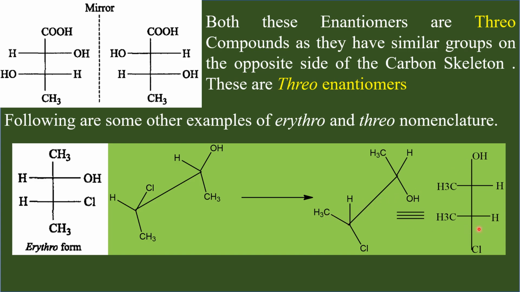These two groups are present in the arms, methyl, hydrogen, methyl, hydrogen. In the Fischer projection, you can see similar groups on the same side. Therefore, this compound is erythro isomer. So you need not do this much of work. You can see the similar groups here, hydrogen, hydrogen on the same side, okay? The groups which are at the top and bottom are also on the same side. Therefore, the two methyl groups are also on the same side. So similar groups on the same side, therefore this is erythro. And you can confirm it by working out like this also.